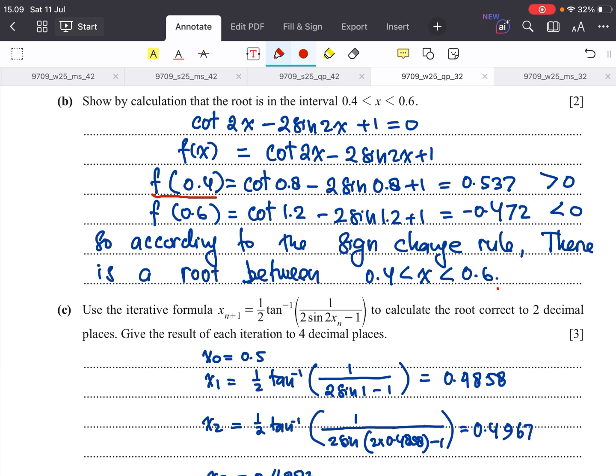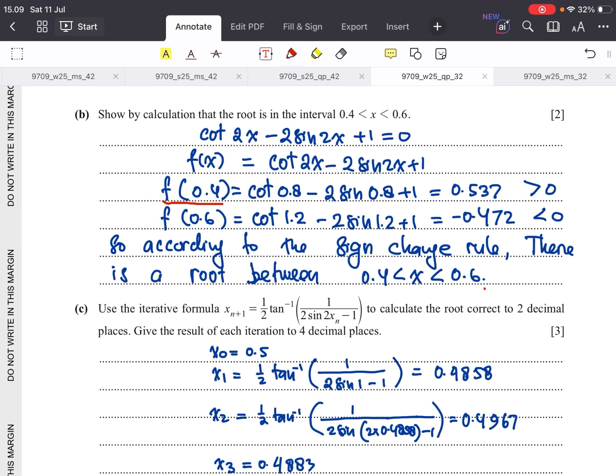As a starting value, since we know that there is a root between 0.4 and 0.6 already, we can use any value between 0.4 and 0.6. In my answer, I start with x0 equals